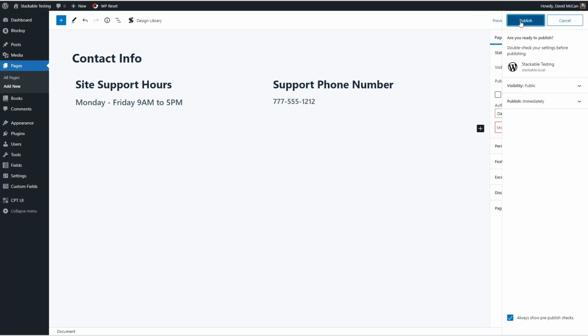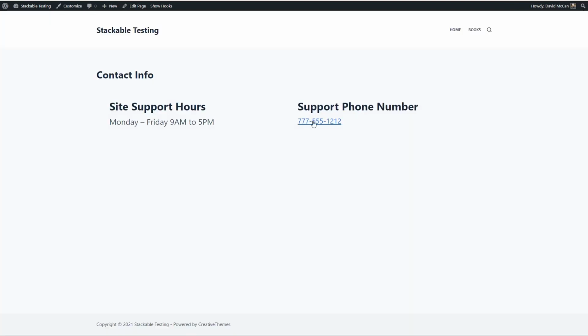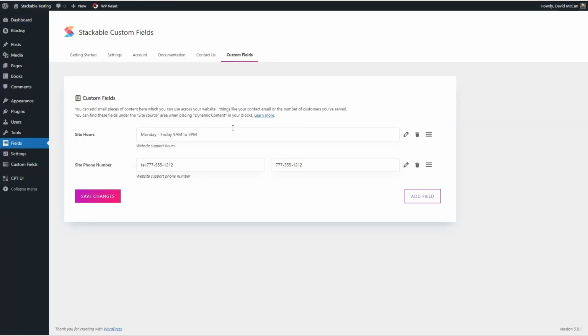Okay, so let's publish that. And let's go and view the page. Okay, and there's our link. And I can see that it says TEL and the colon and the phone number. So if you were on a mobile phone, that would be a clickable phone number. And so that's how we can use the custom field feature in Stackable to do something like add some site-wide